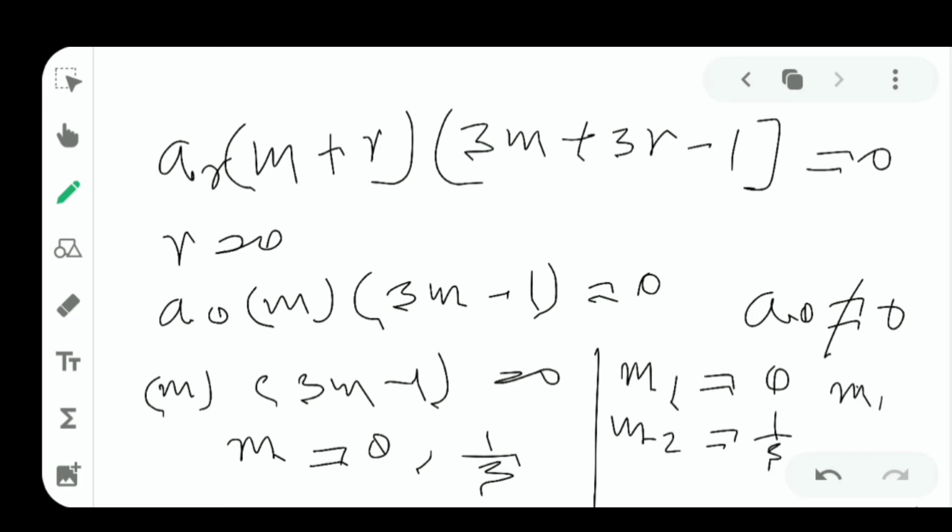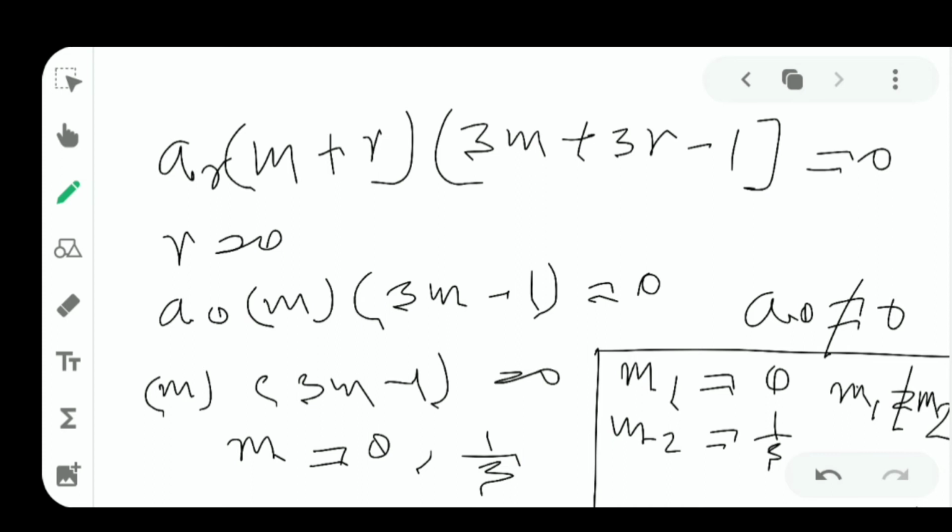Here m1 is not equals to m2, isn't it? If m1 is not equals to m2, there is another solution. The differential equation's complete solution will change. And if m1 is equals to m2, then the condition will also change. If the values of m1 and m2 differ from each other, there will be 4 cases. In this video I would like to discuss one case, and the rest 3 cases will be discussed in upcoming lessons.